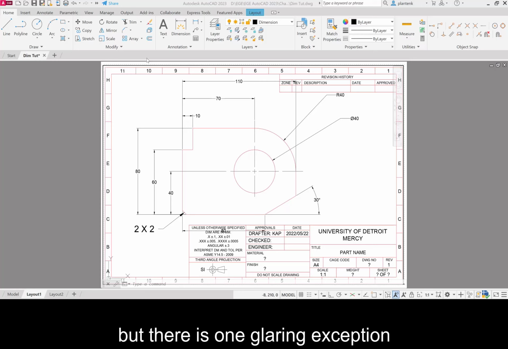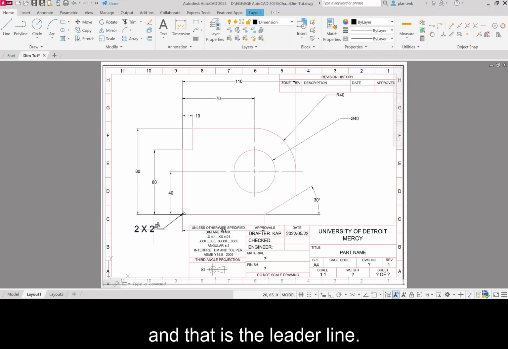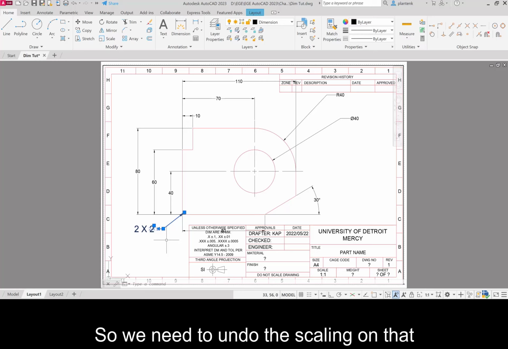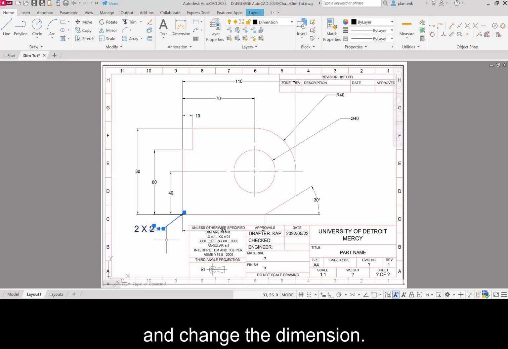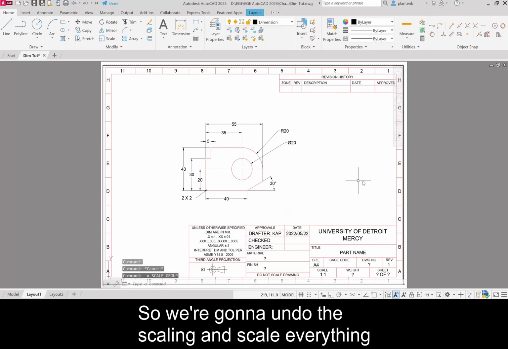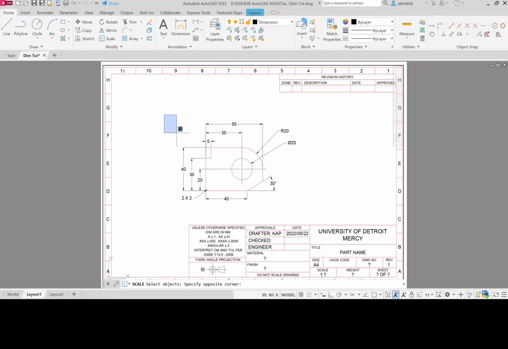But there is one glaring exception, and that is the leader line. The leader line does not have associativity. So we need to undo the scaling on that and change the dimension. So what are we going to do? We're going to undo the scaling and scale everything